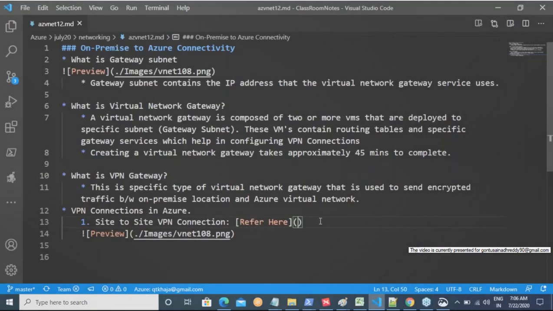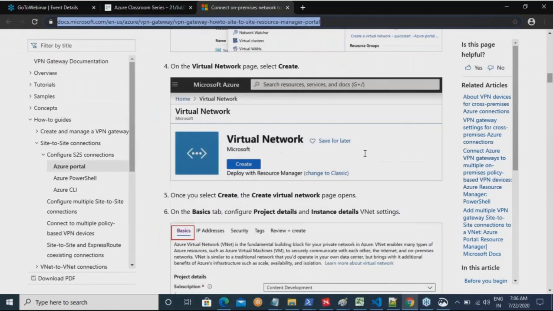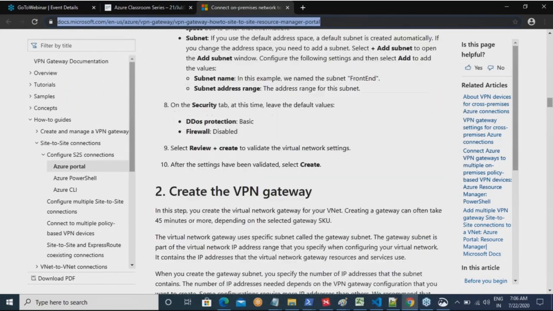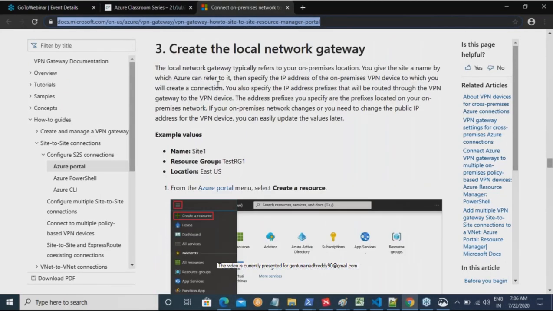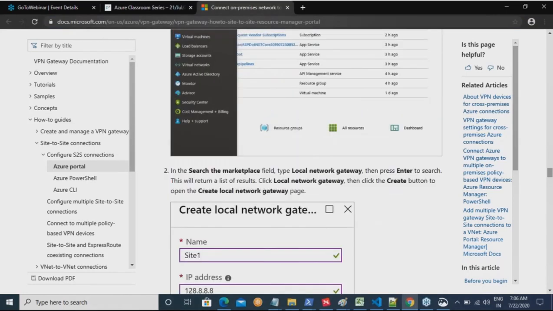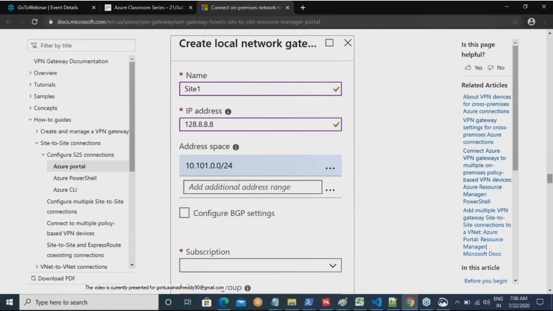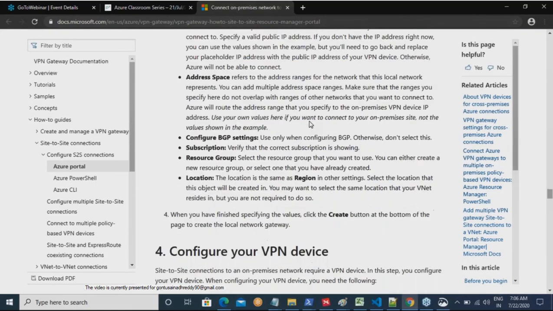Okay. So just look at the steps over here. This is more than enough for you because we cannot create this. We will not have a local gateway. That's the bigger problem, right? Till this part we can do. We cannot create this local network gateway because we don't have an office and we don't have a VPN server, right? So if you have that in your organization, it is easy for you to basically deal with this stuff.